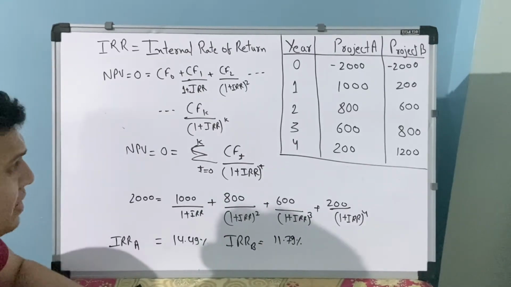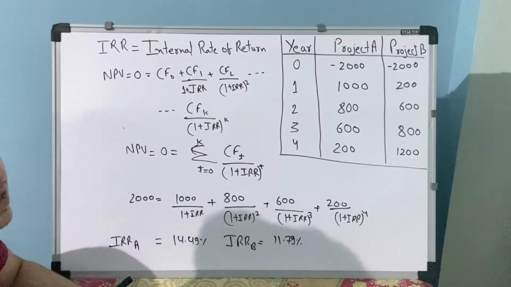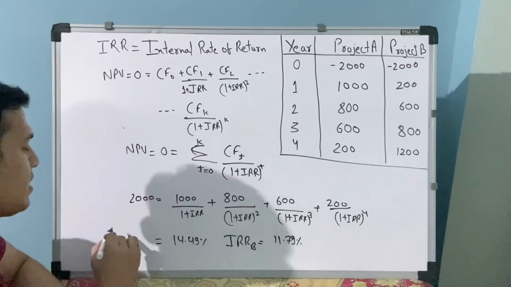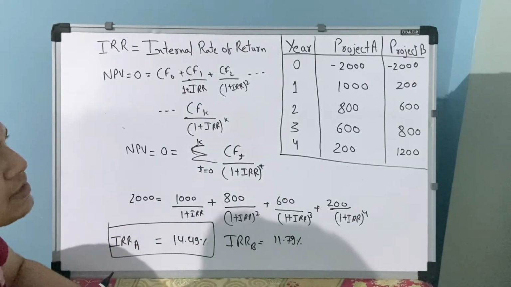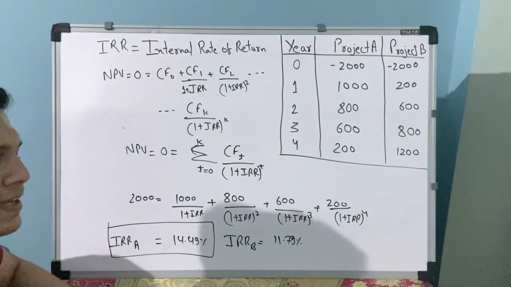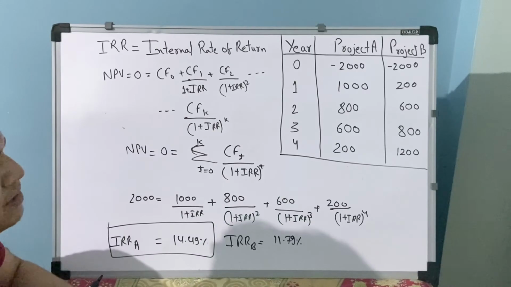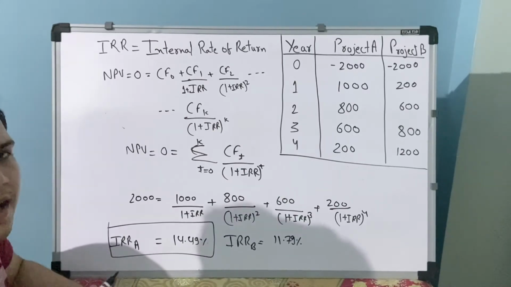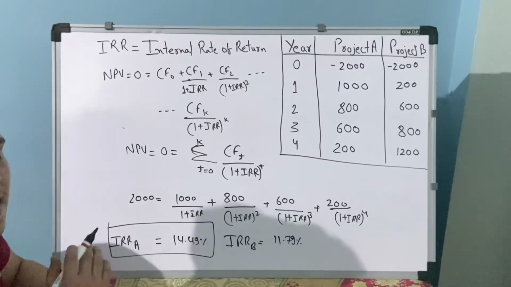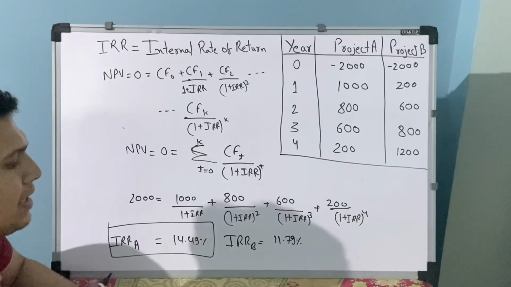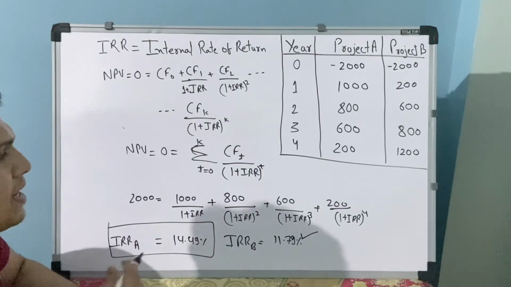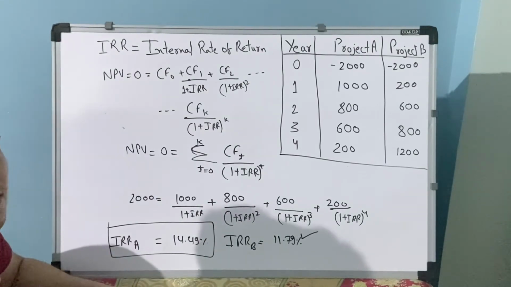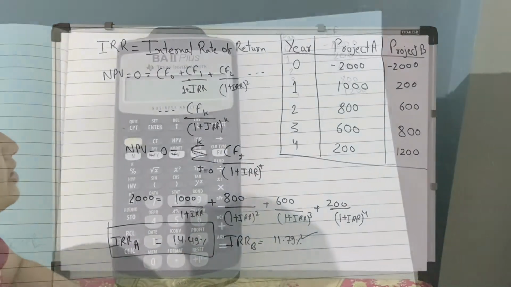In a case where we have to select one of these two projects, that means both projects are mutually exclusive, we will select the project which has the higher IRR. Now, there are cases when the projects are independent. In that case, we go by company policy. Sometimes the company gives a mandate: select all the projects which have an IRR greater than 10%. In that case, project B also satisfies the condition, and we will select both projects. So this is what we have to study in IRR, internal rate of return.